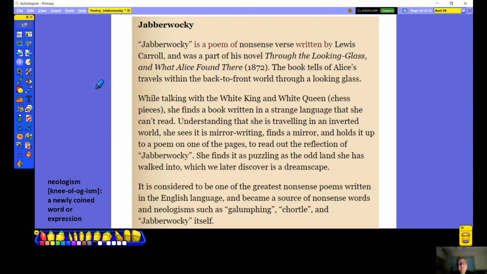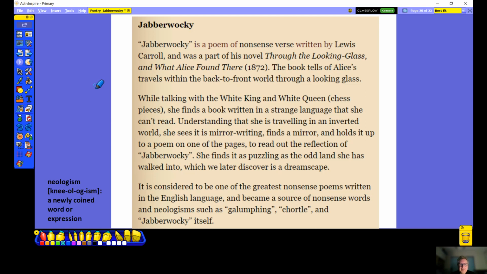So the idea that the poem creates that kind of wispy, unreal, dreamlike image, I think is really quite appropriate. Now, in terms of literature, some people think it's one of the greatest nonsense poems within the English language, and some of the words and phrases that were just used for this have found their way into